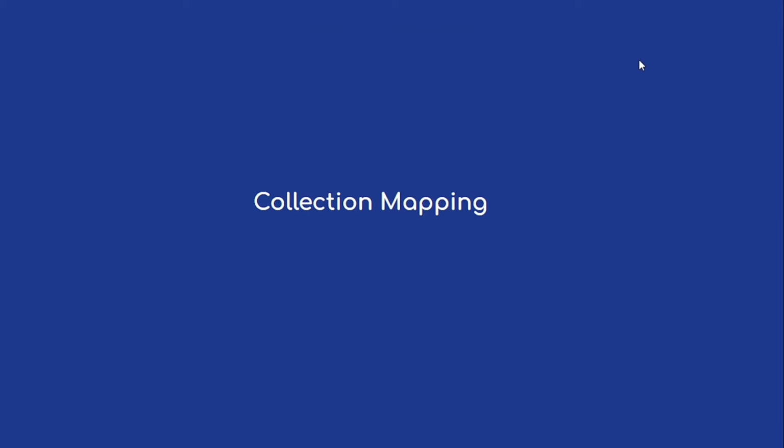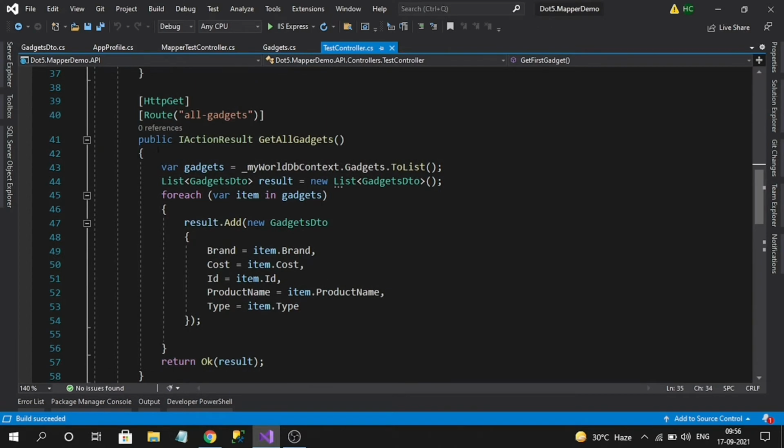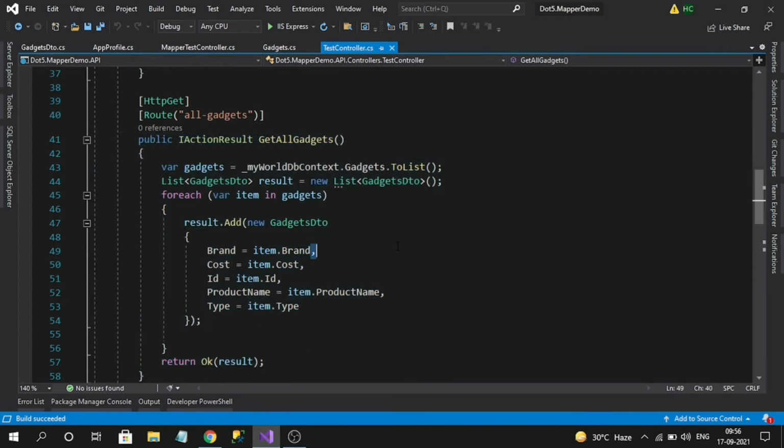Next thing we will concentrate on is collection mapping, like collection of source to collection of destination. So here you can see I have one endpoint without AutoMapper. I am getting a collection of gadgets and I have created a DTO object.